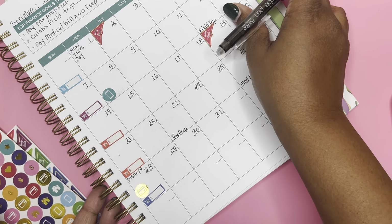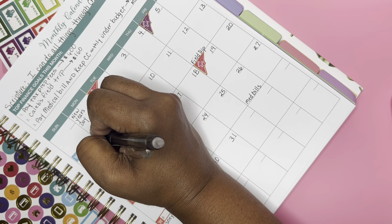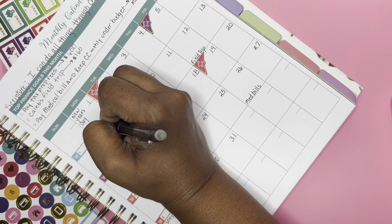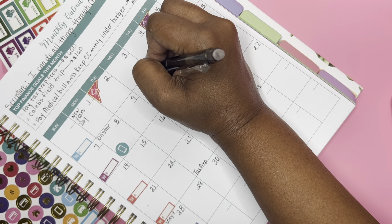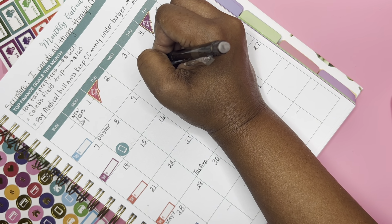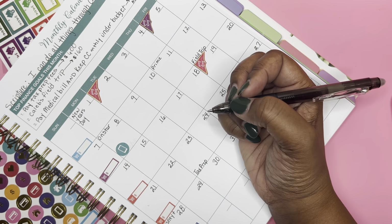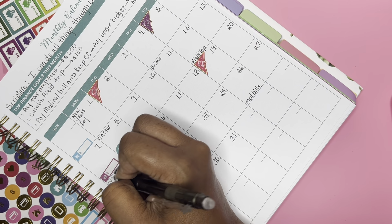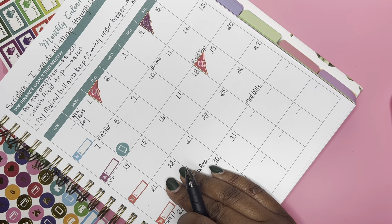Let's see what's here. I forget what's next. I am writing something on the 1st, and what is that? Oh no, I'm writing it on the 8th. Now what I'm doing is actually making a note of the subscriptions and memberships that I use my credit card for. I'm placing them on the actual date that the payment is going to come out. So I think that's a really good thing